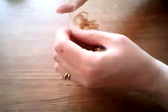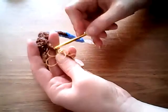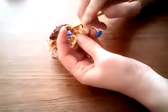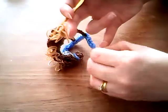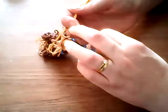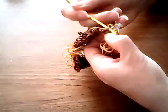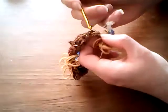Okay, so again I've placed both of the bands around my finger. Just going to do it so they're not too crossed over. And this time we're going to go into the base of the tail. So anywhere in the tail, just place your hook through 2 bands in the tail. I know they're doubled, they're quite small, but it is doable, I promise you. Place one of the clear bands on the end of your hook and just carefully pull that through,